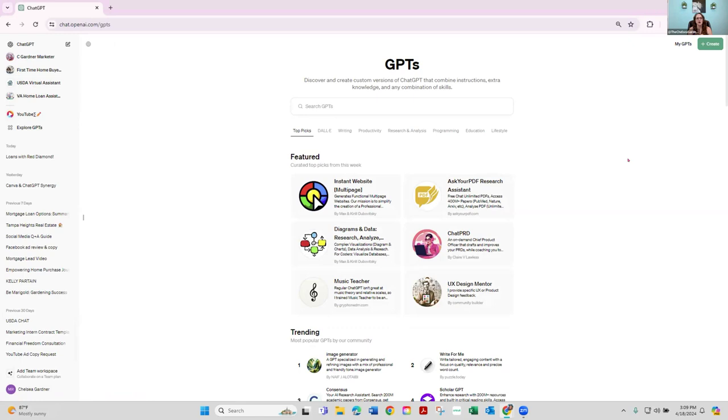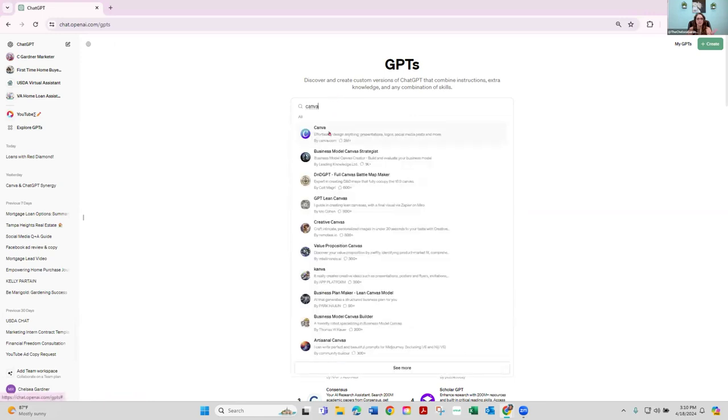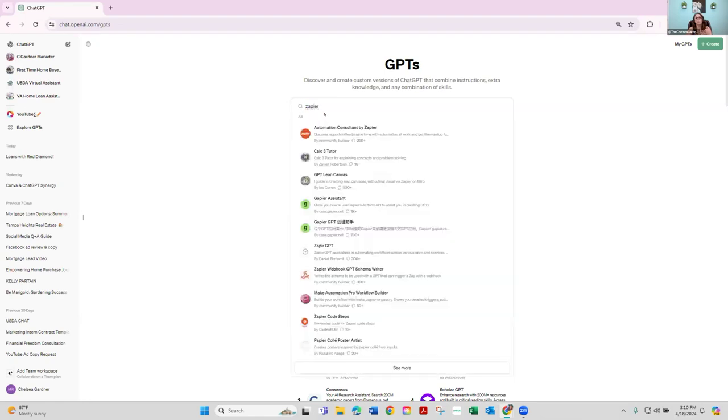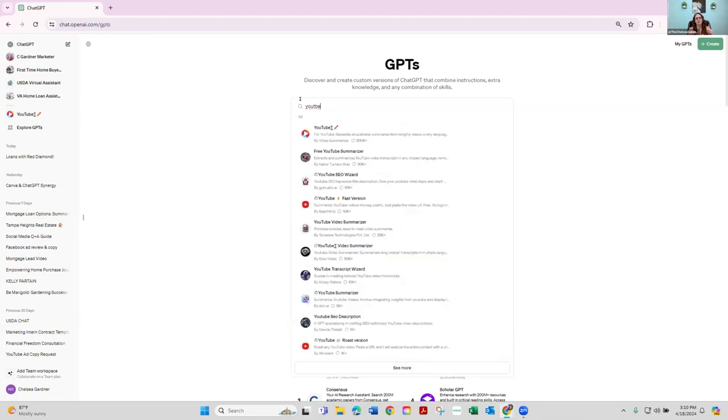So, for example, you can find the benefits of doing an FHA loan, or how you could go that extra 5 LTV. If I came and was like, okay, cool, I'm going to search for Canva, you can go Canva and you will find the Canva GPT. If you use Zapier, you can find a GPT for Zapier. If you do YouTube videos, you can find a ton of GPTs that will help you create descriptions or watch the video and create captions for you. There's a ton of already created GPTs in here that you can easily use, but we're going to create our